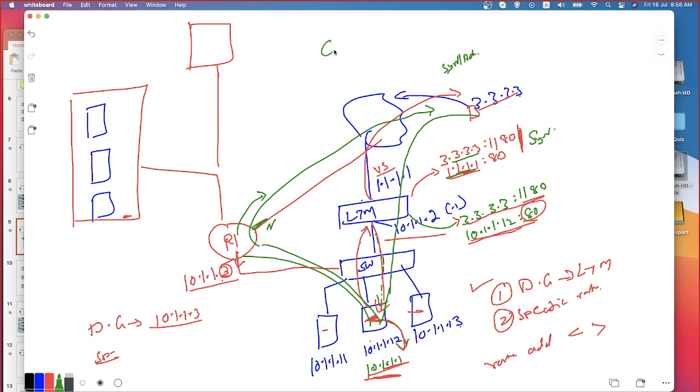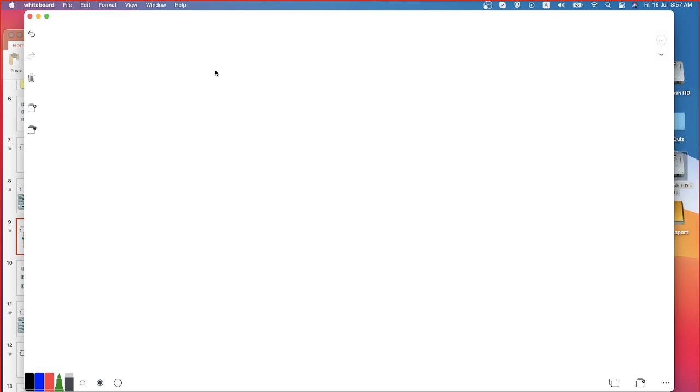See, the client is sending a request to 1.1.1.1, but the client is receiving a SYN-ACK from a different IP altogether, either 1.1.1.2 or 10.1.1.12. Do you think that the client will accept this SYN-ACK packet? Then how come the communication is going to be happening? So that's where a solution has been introduced. Of course, it is not the solution, but we have an option.